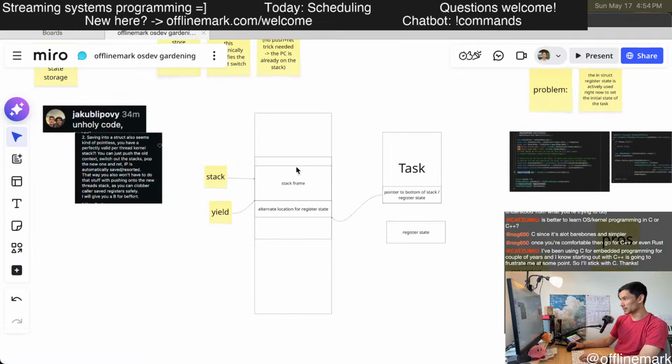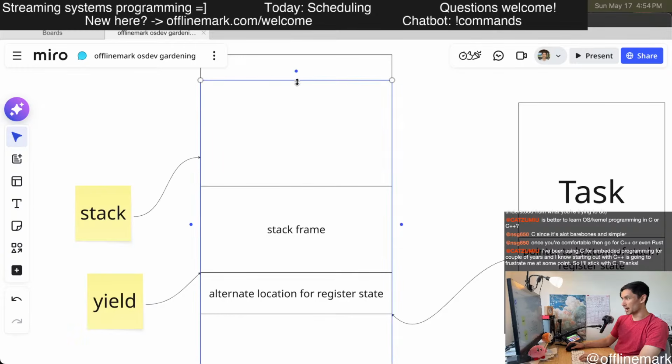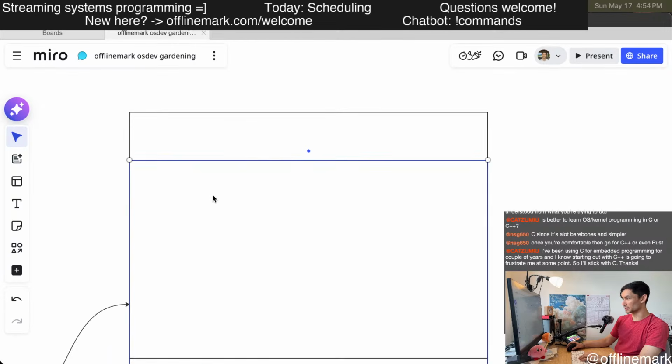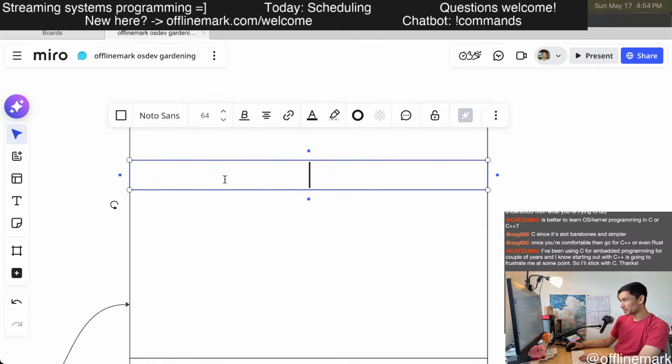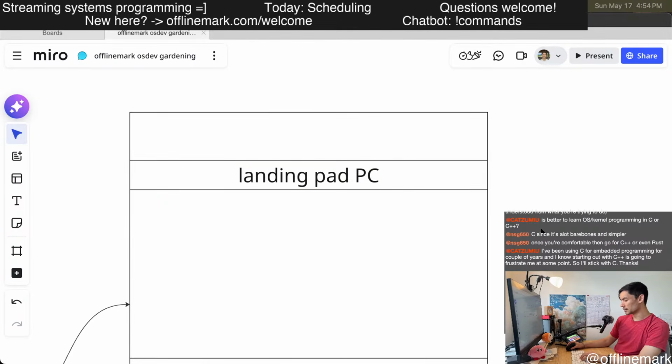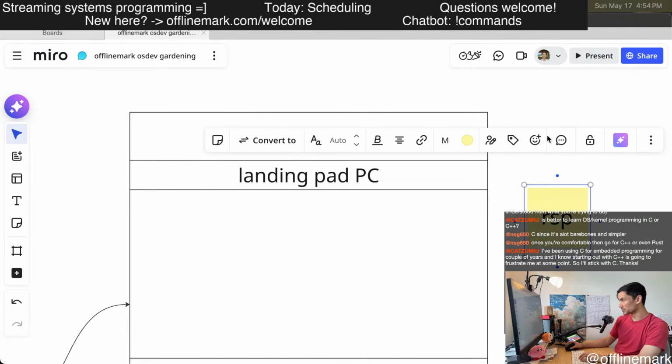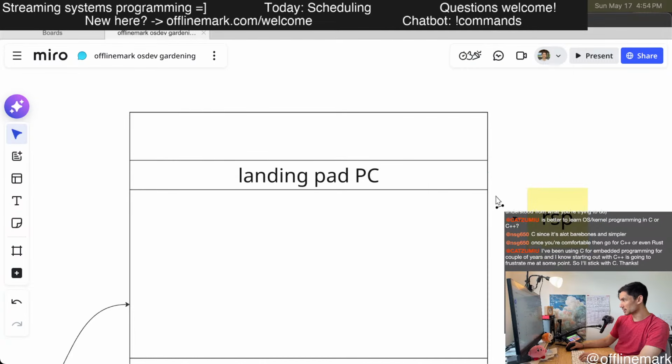Stack, right? Just to visualize it. And so this is the very top of our stack, right? The very top of our stack looks like this. We're going to draw a rectangle. So we have our landing pad address basically. The stack pointer is going to be initialized to start right here.